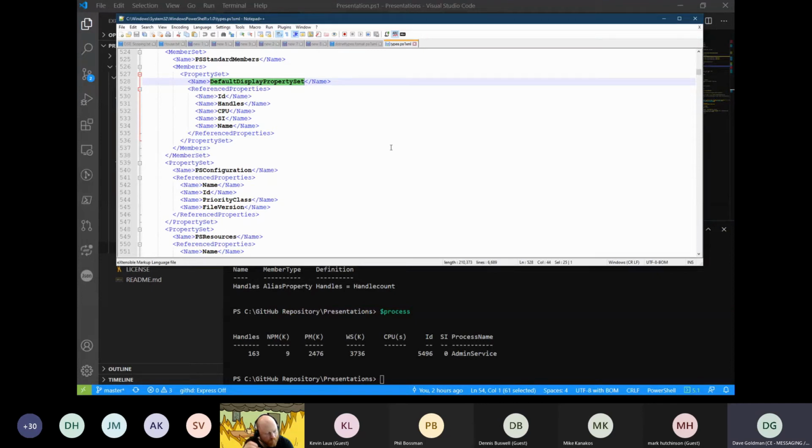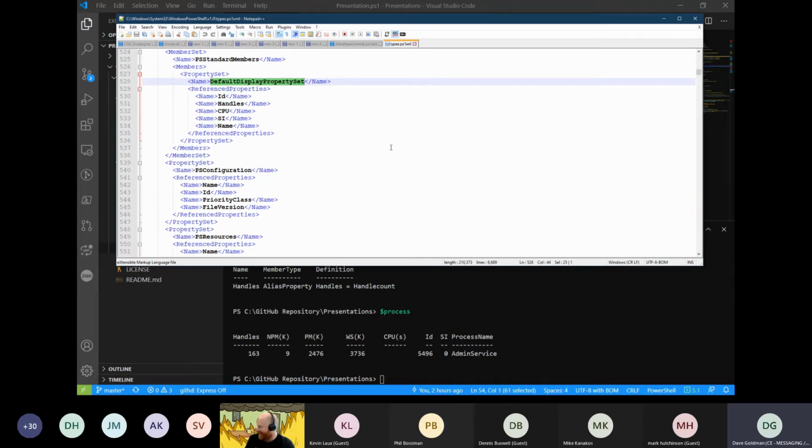So my suggestion would always be to have a view. You can tell PowerShell that you want to have a default property set displayed for a particular object. So in this case, there's a lot of properties on process, but I only want the default to be displayed. So I could remove this view. I could cut out this process, System.Diagnostics.Process, from the format file.